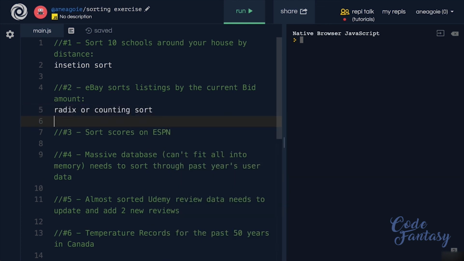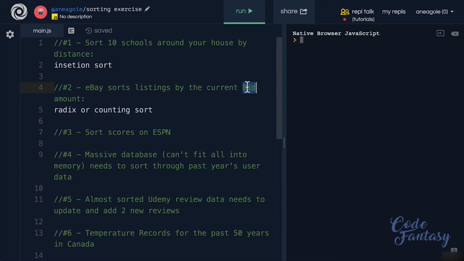Because a bid is usually a number between, let's say, $1 to, let's say, $50,000. Probably even less when it comes to payment on eBay. Let's say $1 to $100. These are numbers that need to be sorted, right? And because it's a fixed length of integers, integers are most likely not going to be 100 million, because hopefully nobody's bidding that much on eBay. So I would use Radix or counting sort to beat that O of n log n time, knowing that the bids are always going to be numbers within a